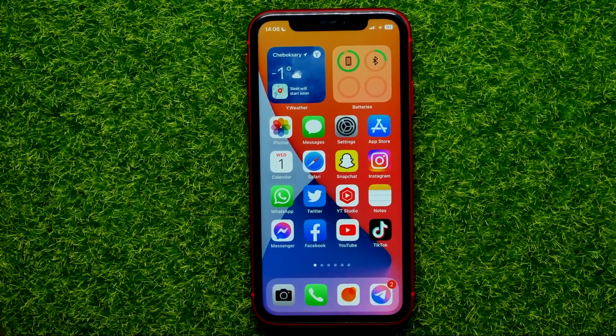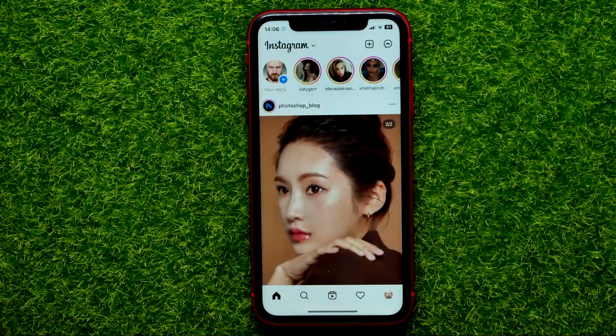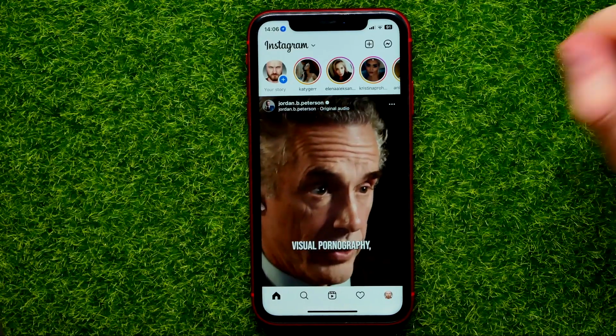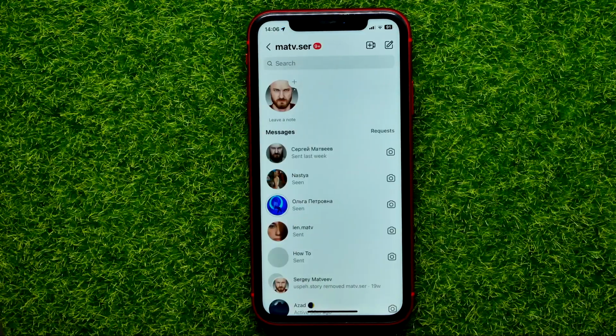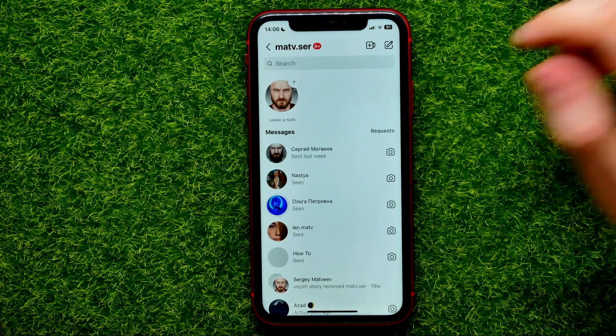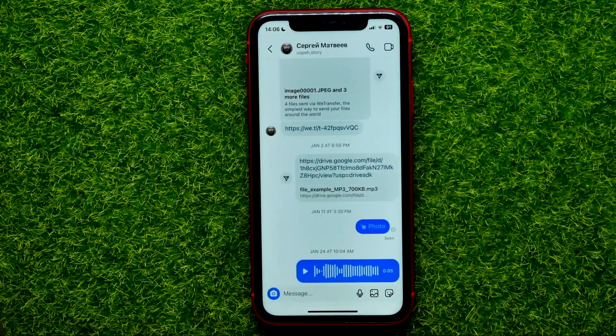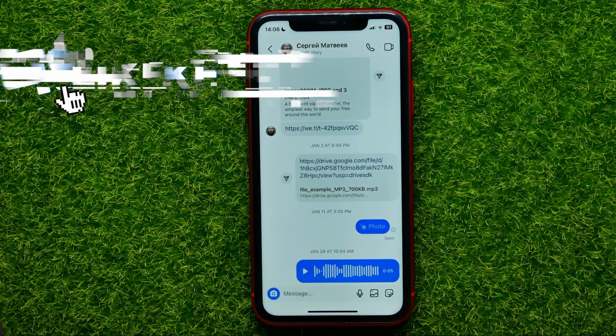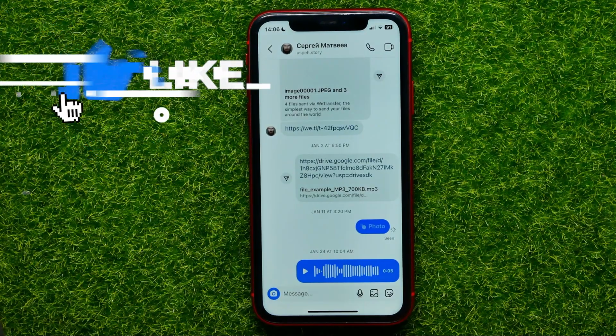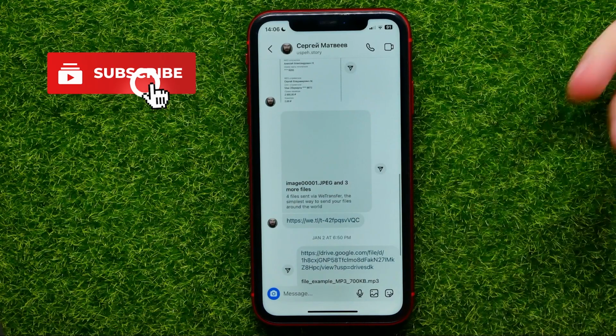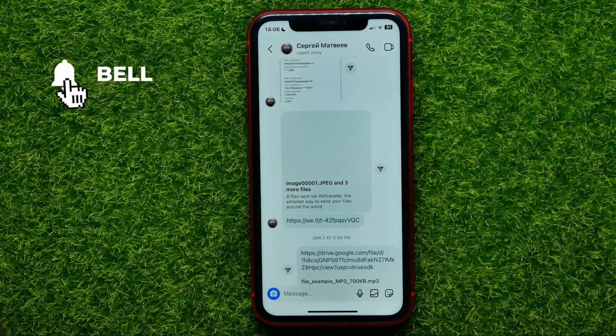So let's begin, and first open up Instagram app. Then get into your DMs, and after that get into some conversation. That's a test conversation with my another Instagram account, and right here I can easily show you how reply feature